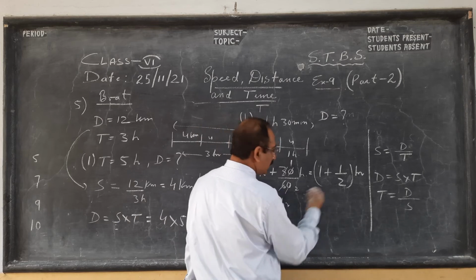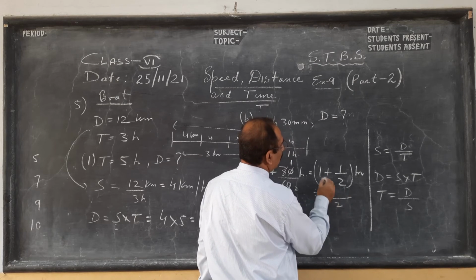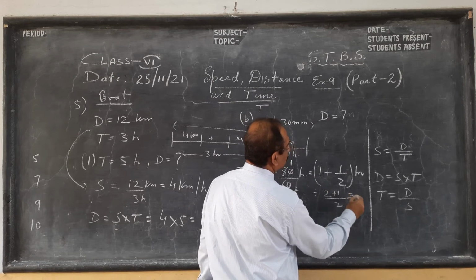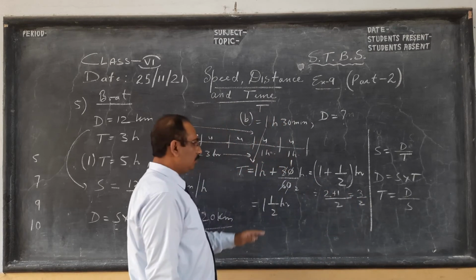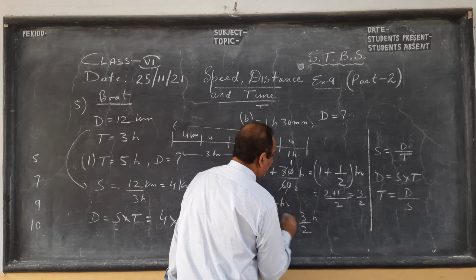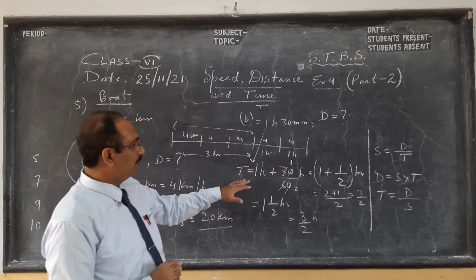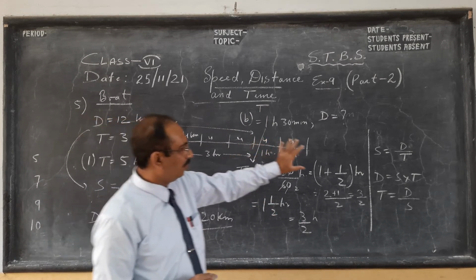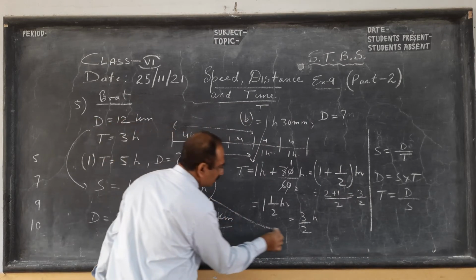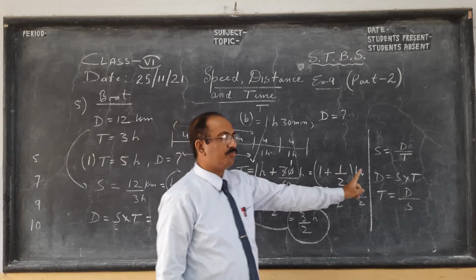You can find it by LCM or directly, 1.5 is 1.5. Another method is to take the LCM, 2 will go 1 time, so 1 will go 2 times and this will be 1, so you get 3 by 2 hours. So 1.5 hours is nothing but 3 by 2 hours, if you convert your mixed fraction into an improper fraction. Now in the next part, kindly pause the video. I'll show you how we get the distance. We will multiply this speed, children, with this time to get the distance. Distance is speed into time.